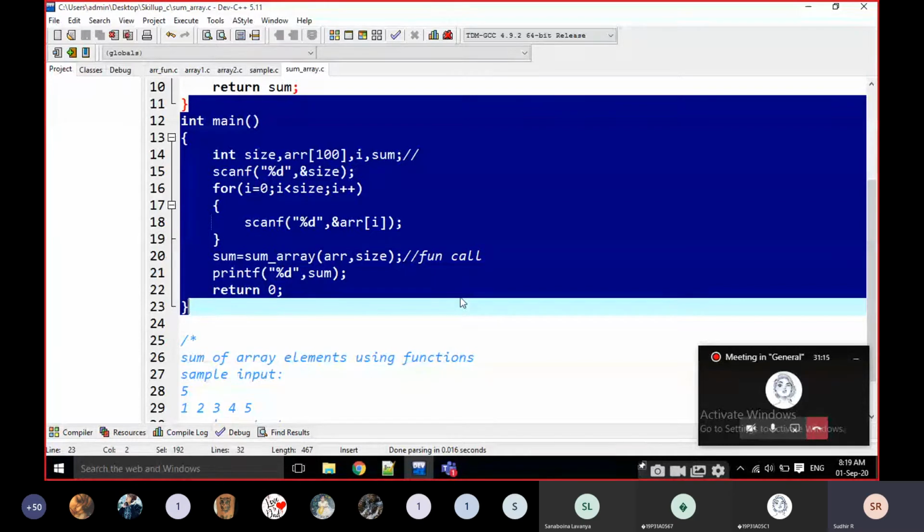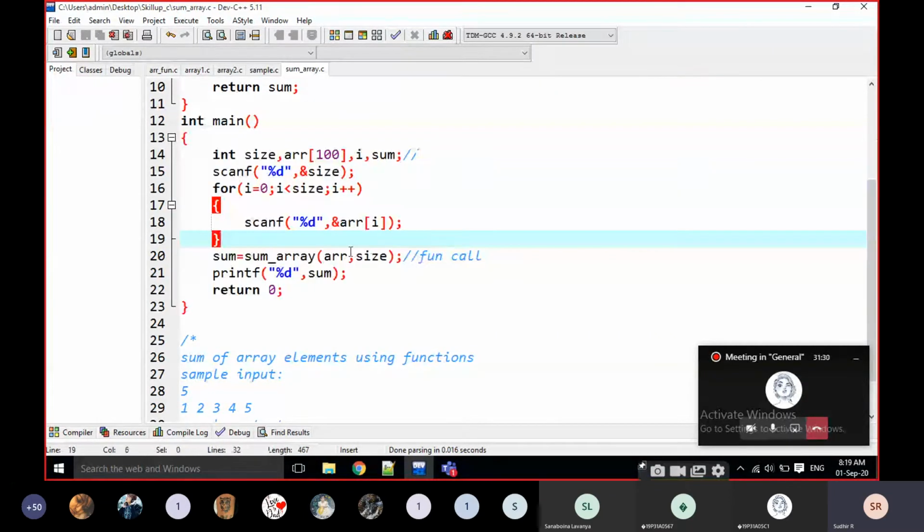Is it clear or not, everyone? You have to understand this basic concept first of all: how I am reading the array variables and how I am calling the function. I think yesterday I explained everything. What is ARR? Anyone, student? What is ARR? What am I passing here?